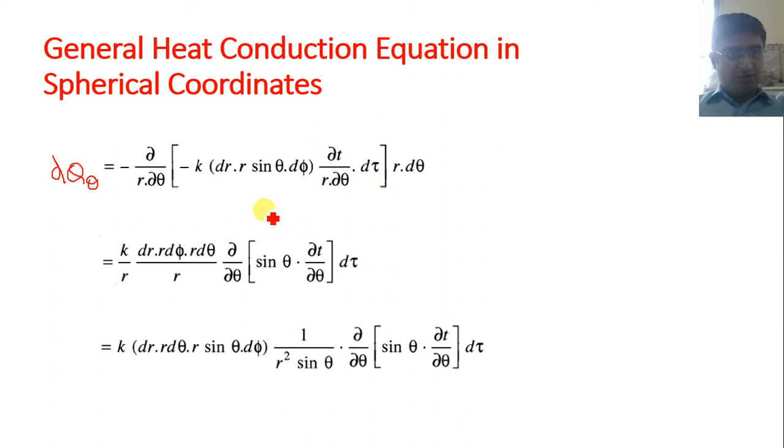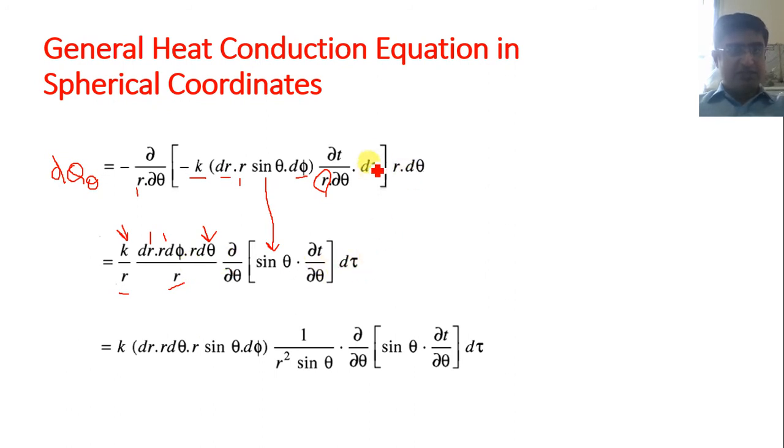So now placing all the constant terms outside of the bracket, minus minus gets plus, k which is constant is placed as it is, r is placed as it is, into dr, so dr is placed as it is, r constant again is placed as it is. Now sin theta is the variable with respect to theta, so here we are placing sin theta inside the bracket. D phi is a constant with respect to theta, so this d phi is constant and placed as it is, and this r is constant with respect to theta, so r is placed as it is.